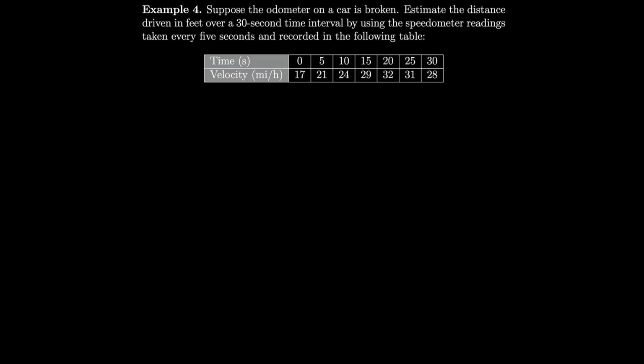Suppose the odometer on a car is broken. Let's estimate the distance driven in feet over a 30-second time interval by using the speedometer readings taken every 5 seconds and recorded in the following table. Well, our table says time is in seconds and velocity is in miles per hour, so this would be better if we converted it. Let's leave time in seconds,